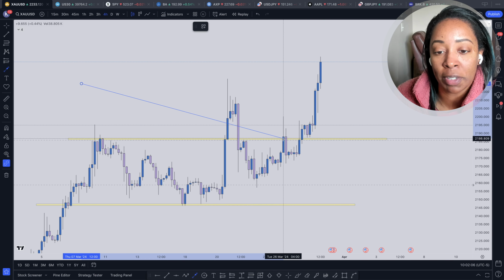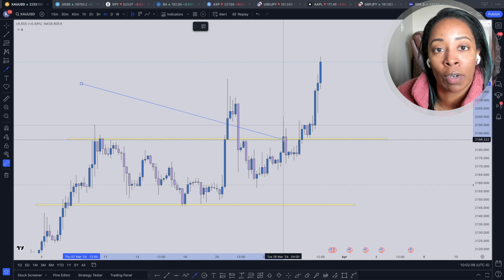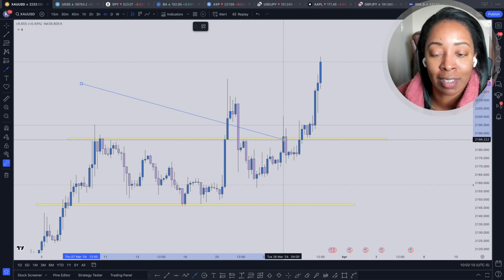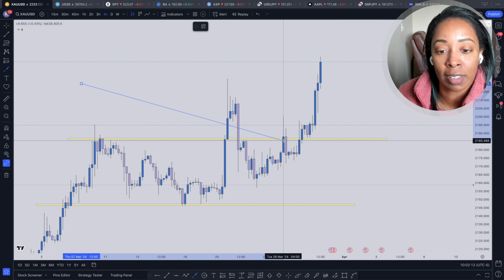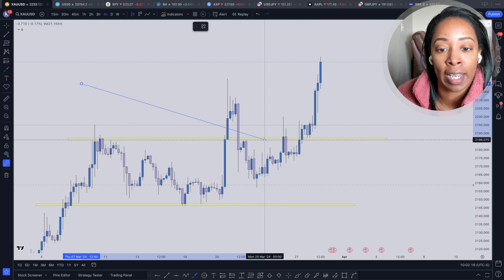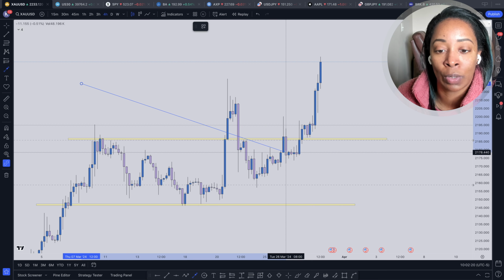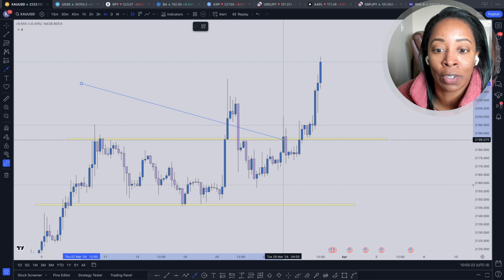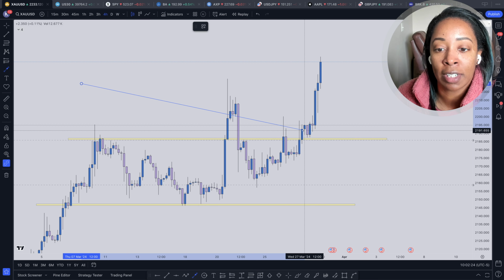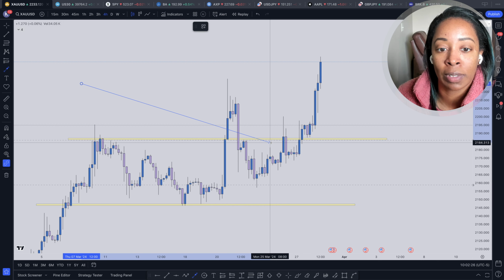But we had this resistance here. We have pretty much a fake out right here. A fake out is basically something that you cannot anticipate. And basically what that looks like is just like this. You have a candle that breaks up above a resistance level, but then the next candle breaks back into the zone. So that is considered a fake out. And eventually it does go up and shoots to the moon.